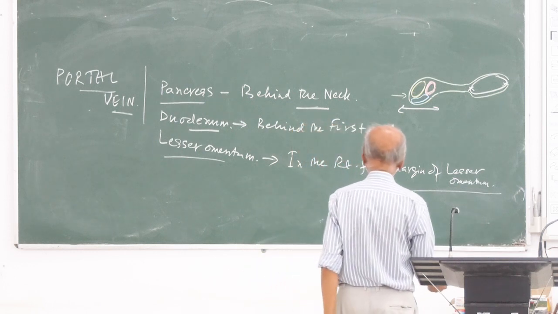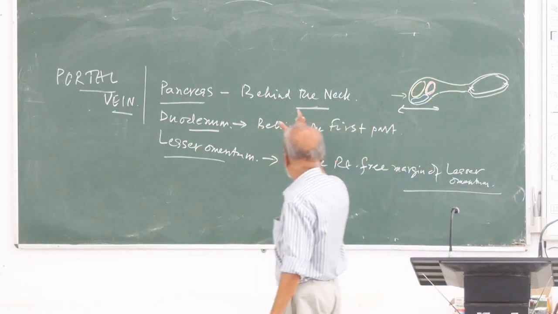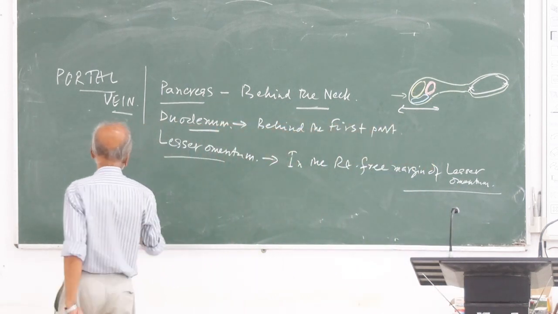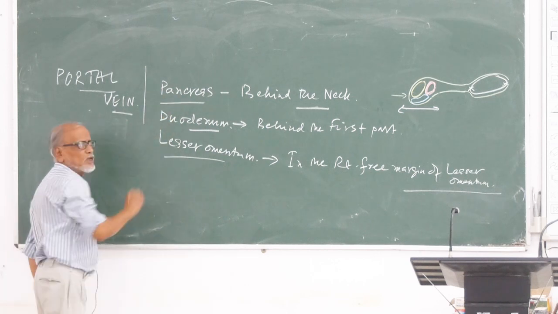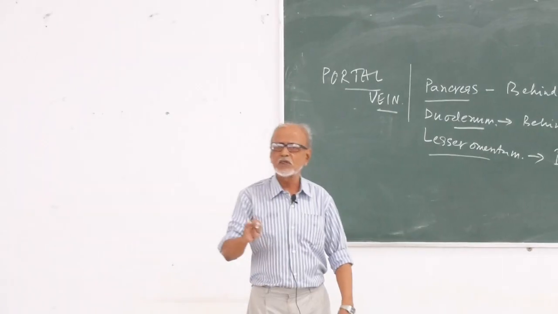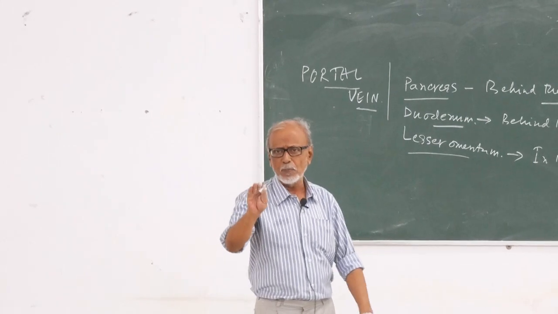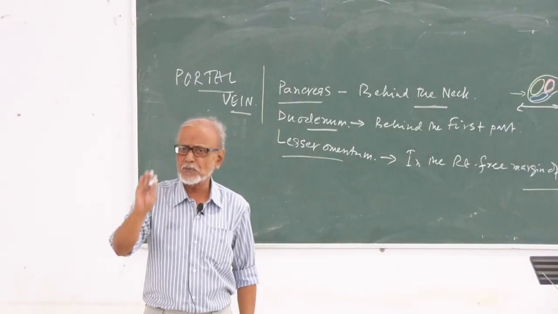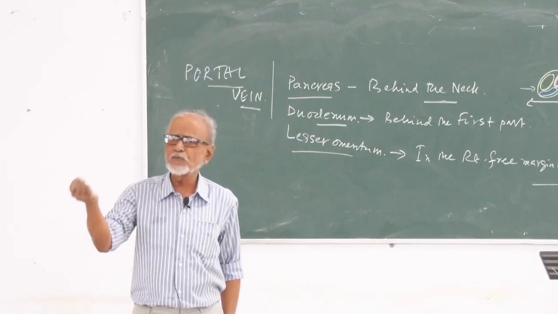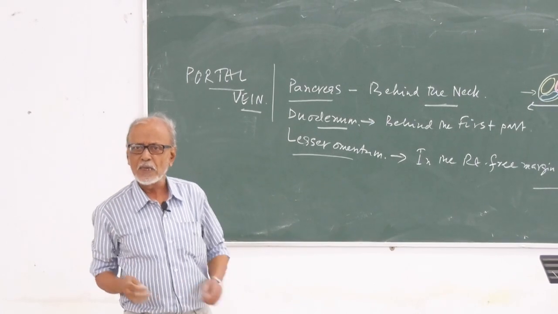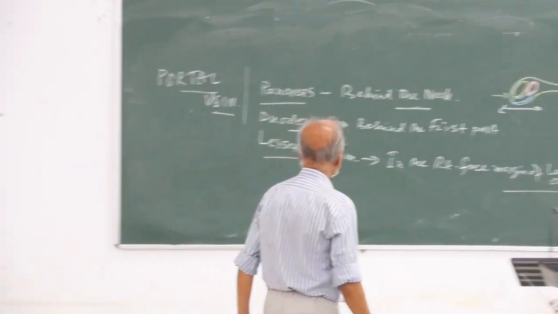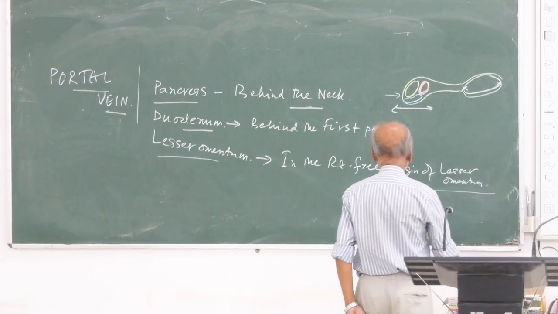তাহলে পোর্টাল ভেনের তিনটে ইম্পর্টেন্ট জায়গা আমরা বললাম। এই তিনটি জায়গা ভীষণ ইম্পর্টেন্ট ফ্রম ক্লিনিক্যাল পয়েন্ট অফ ভিউ। কাজেই পোর্টাল ভেন বিহাইন্ড দ্য নেক অফ প্যাঙ্ক্রিয়াস আছে, বিহাইন্ড দ্য ফার্স্ট পার্ট অফ ডুওডেনাম আছে, ইন দ্য রাইট সানুমেন্টাম আছে, এটা মনে রাখতে হবে। এইবার আমরা পোর্টাল ভেনের আসল জায়গায় যাব।